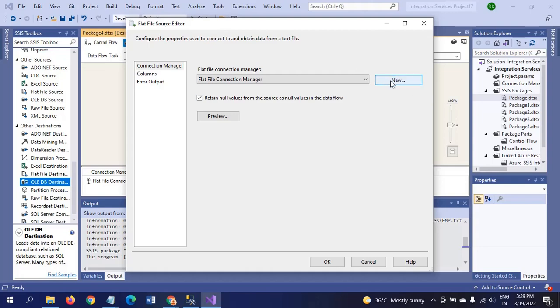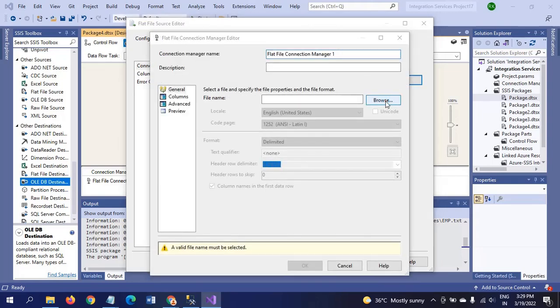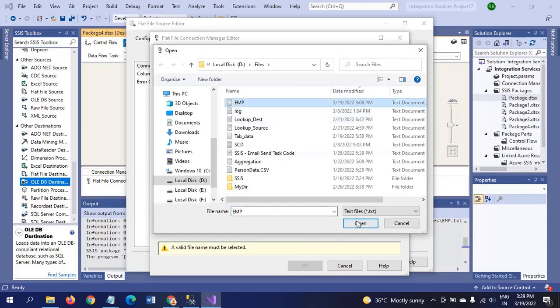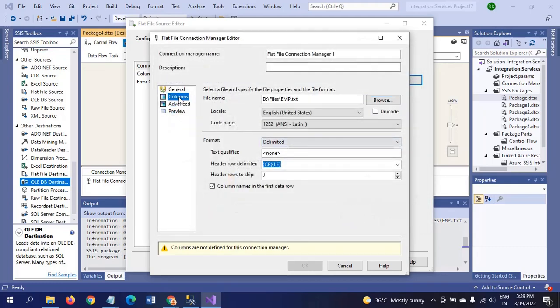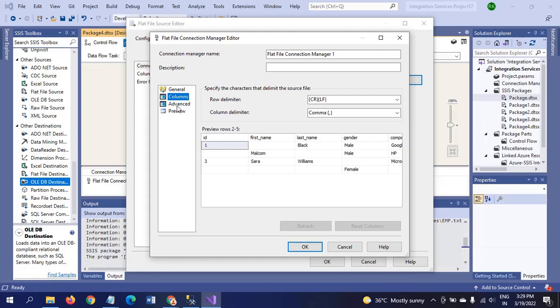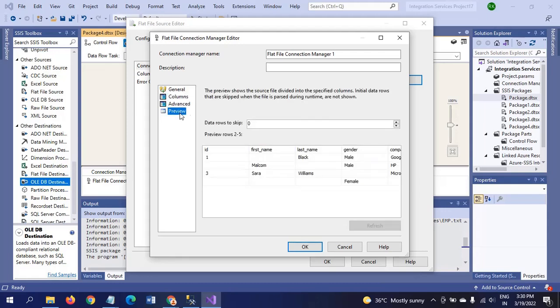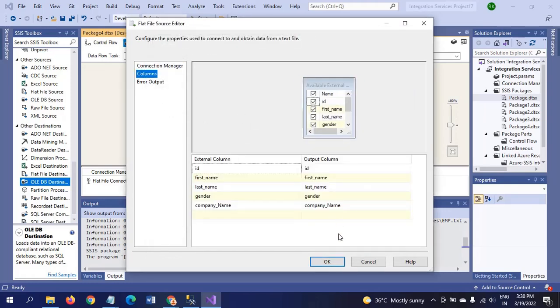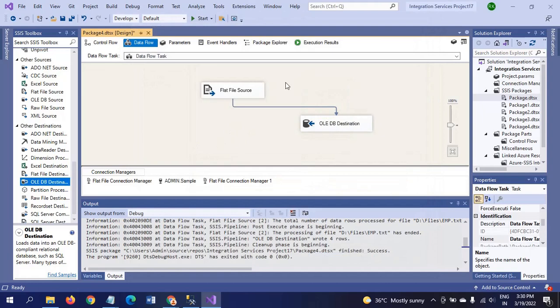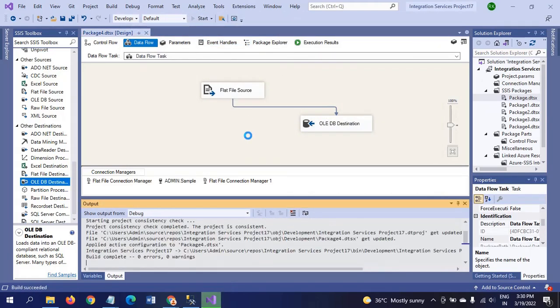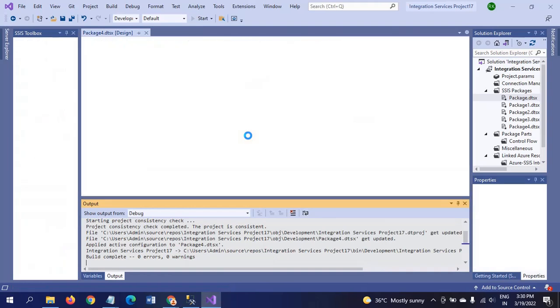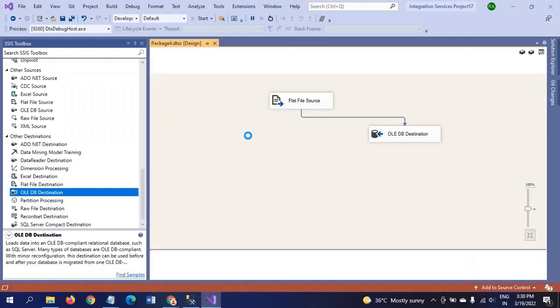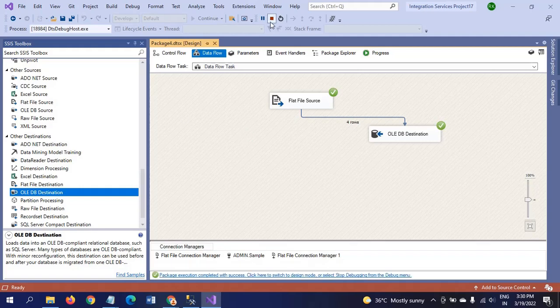Now I am loading the document again. If you run the package, you will see now